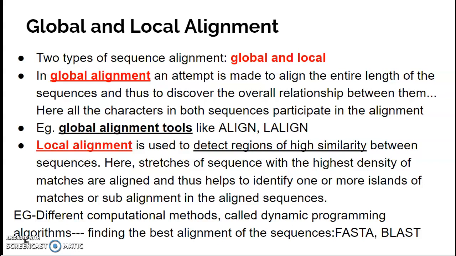Here all the characters in both sequences participate in the alignment, starting from the A to the Z. And the tools, the software we use, are Align and Align. So that was global alignment.